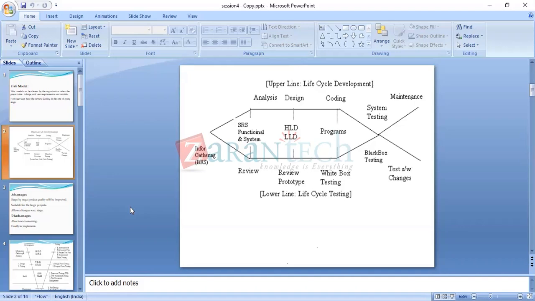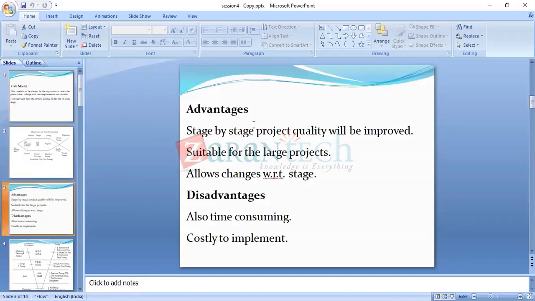Okay, leave it. There is a review facility, and because of that review facility, stage by stage project quality will be improved.